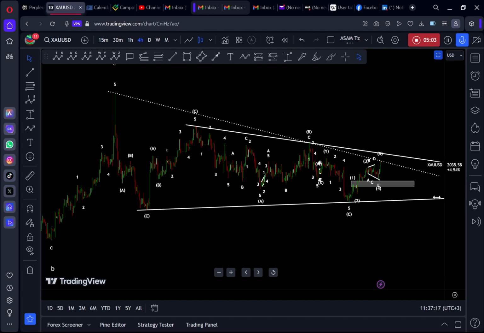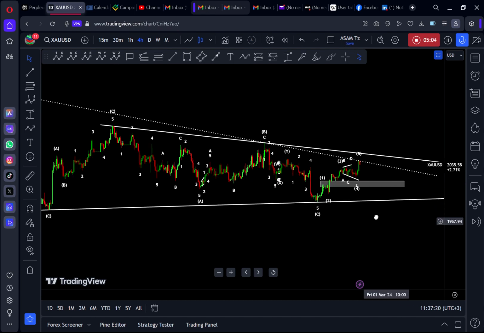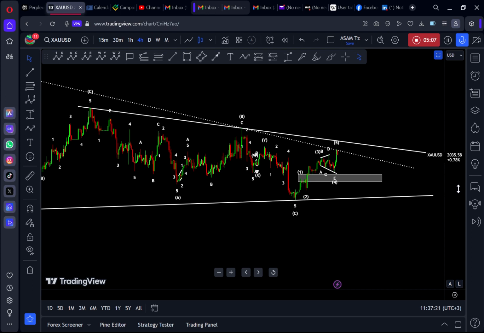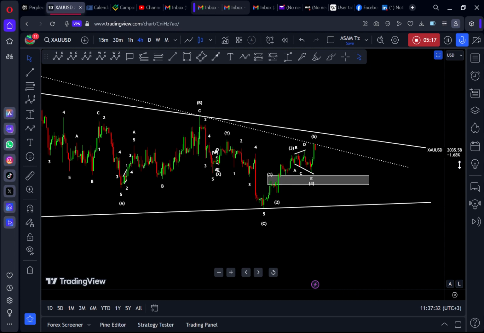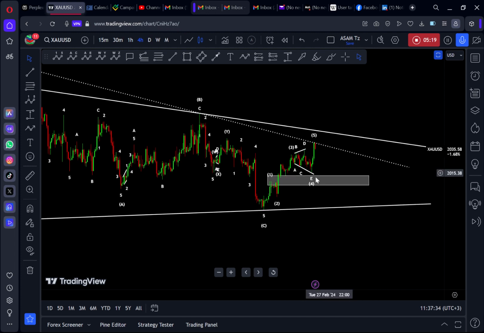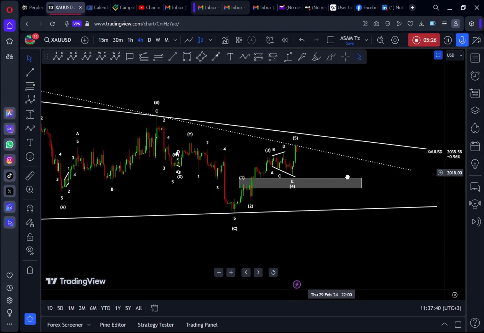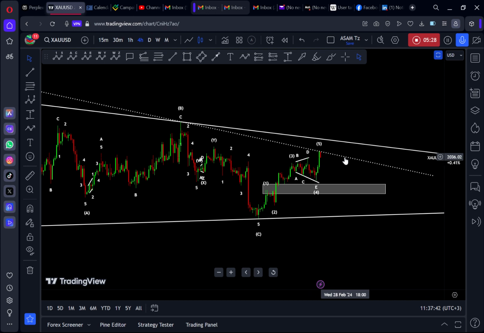As we are looking for price to move to around 2044, 2045, we can see there are certain areas where price may turn. So as I've said, before price moving to 2045, I expected to see it moving back again to around 2015. So how is that going to happen? Because we already have this intermediate level here marked by a dotted trend line.